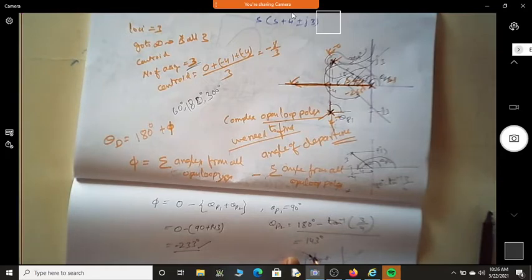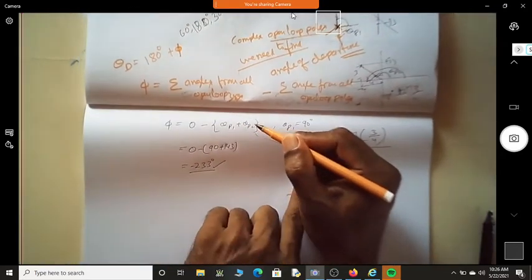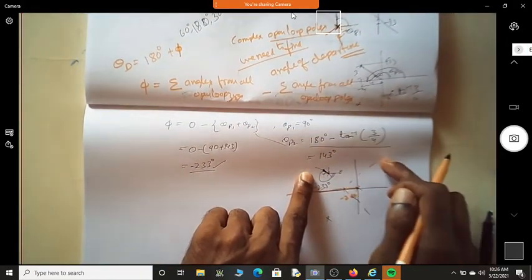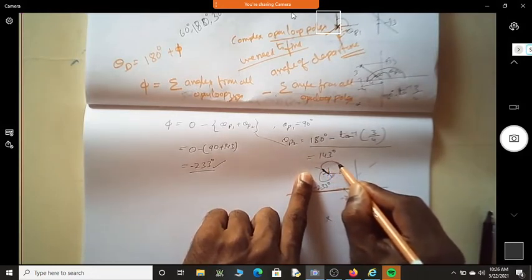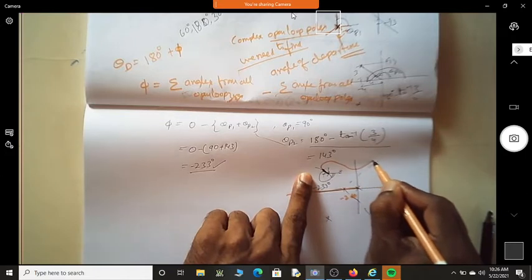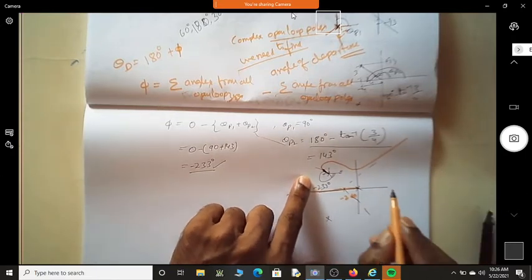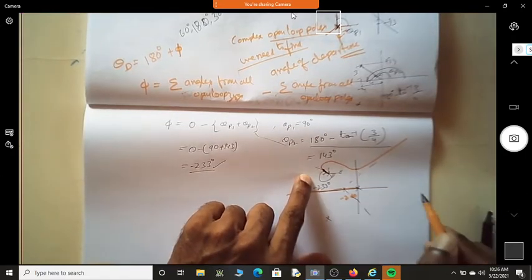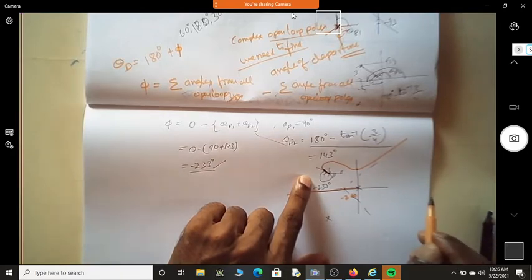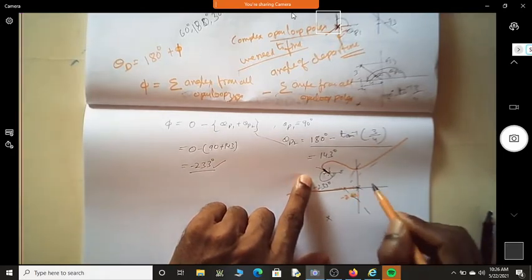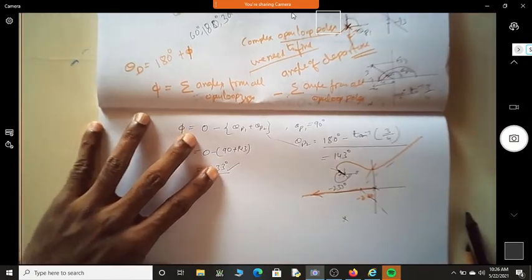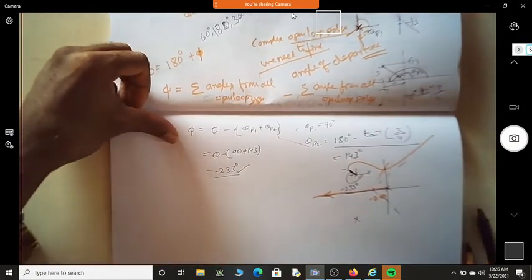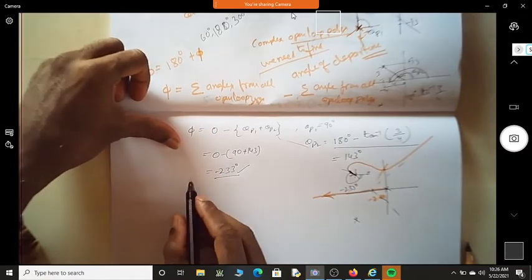Once it leaves here, it has to come to this side. Then it will come here and then go somewhere like this. Again, you know that it is crossing the imaginary axis, so you can find this. For that, write the Routh array. So what does the Routh array say? What will be that equation?